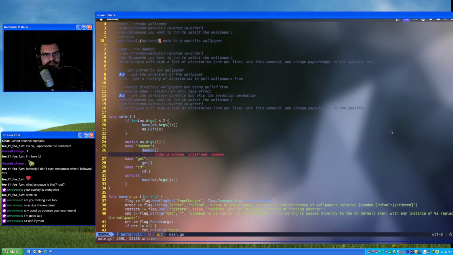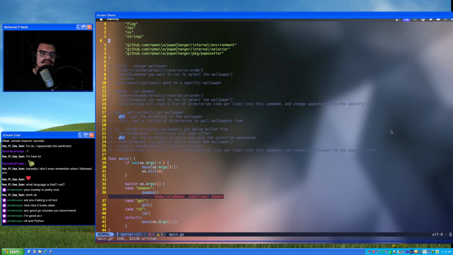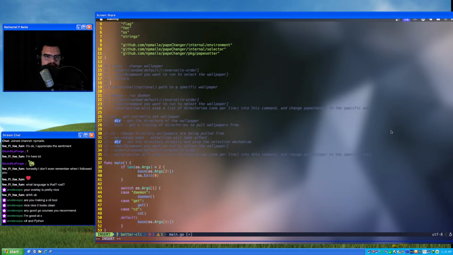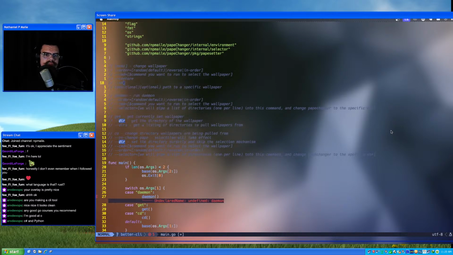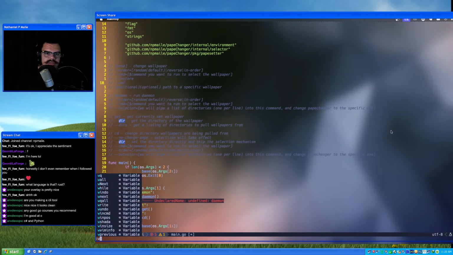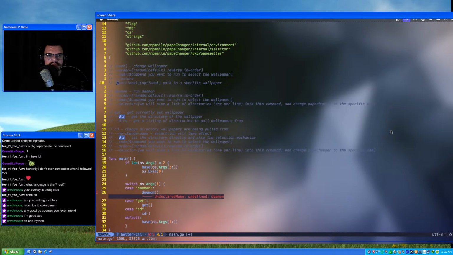We don't have a setup functionality. Maybe we add in a dash set to set a wallpaper. Oh, I see what I was doing. Have an optional one to do a path to a specific wallpaper. That's right. That's how I was going to do it.